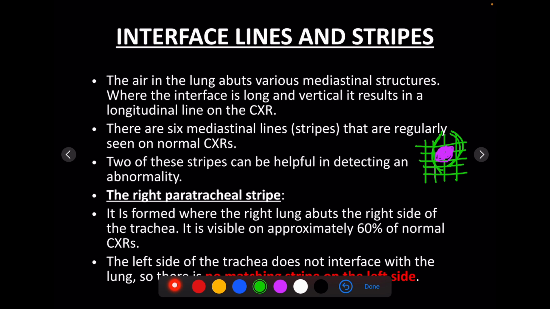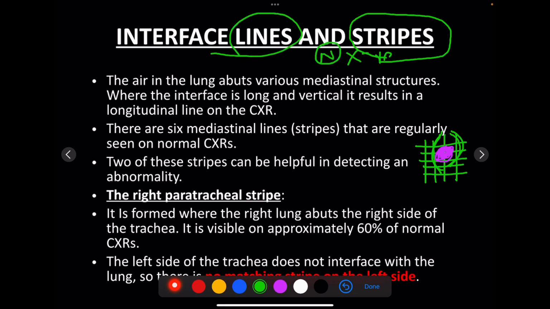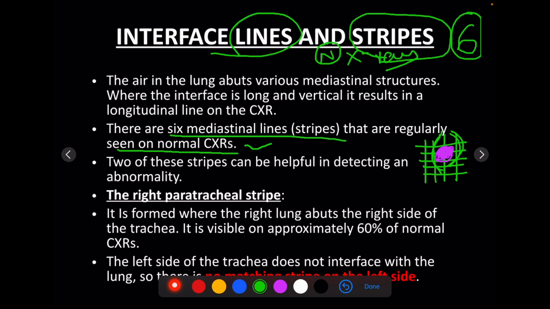of the lesion. So these interface lines and stripes are usually seen on a normal X-ray. Seen on normal X-rays, these are totally 6 in number. 6 mediastinal lines or stripes. Now I am going to discuss only 2 of them. 2 are very important, the others are not so important. So the 2 are nothing but, one is the